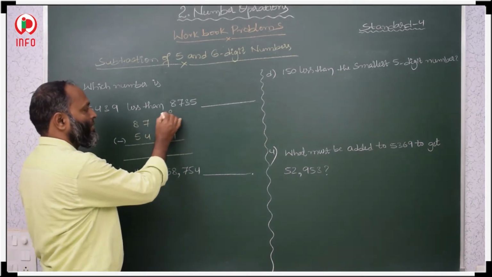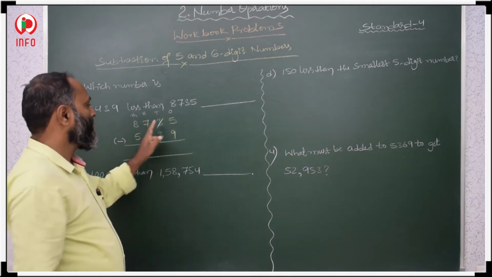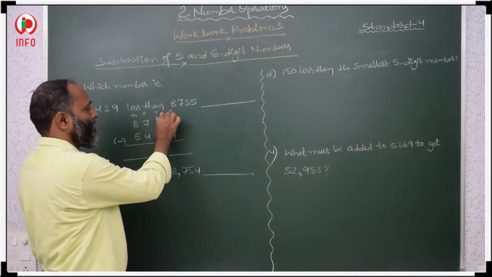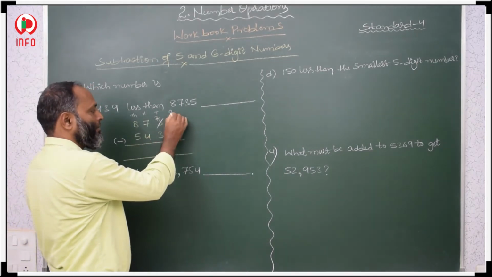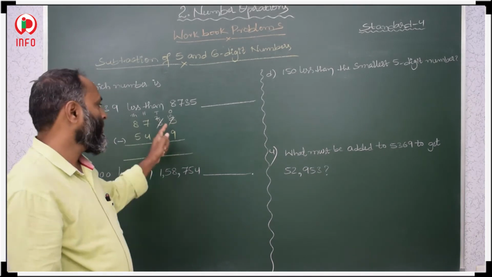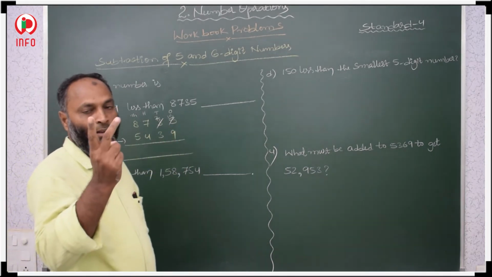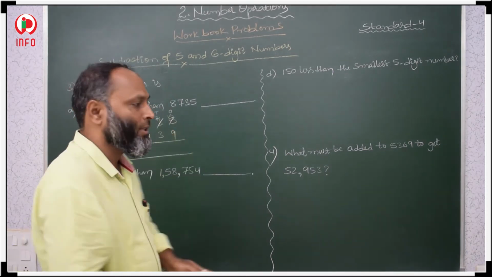Then we have to take borrow from here. This is ones, tens, hundreds and thousands. So from the 3 tens we are taking 1 ten, 2 tens left. One ten means 10 ones. 10 plus 5, 15. 15 minus 9 means from 10 to 15 we have to count. 10, 11, 12, 13, 14, 15. 6.